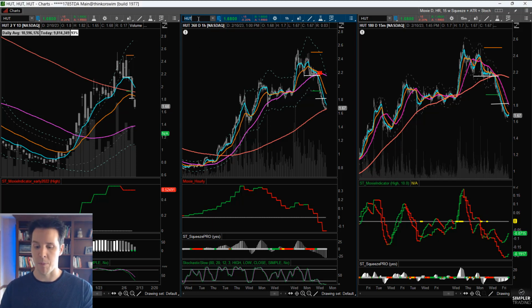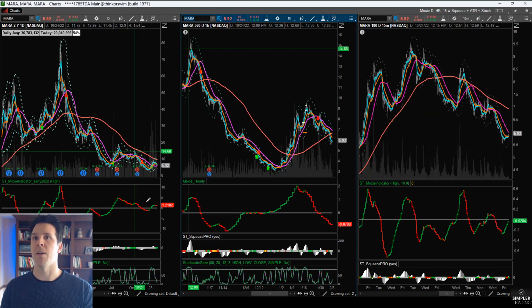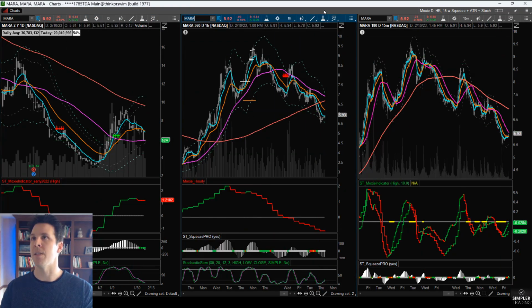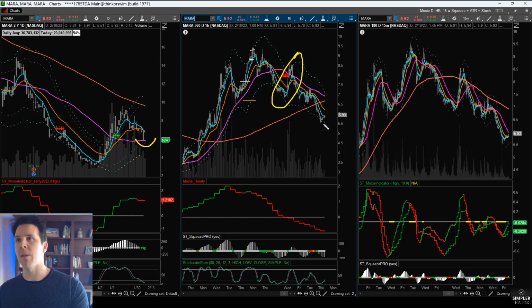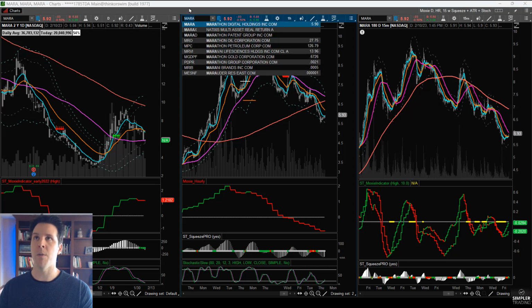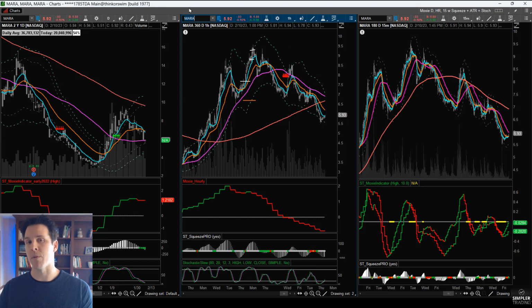If you want an example of what that's going to look like, take a look at Mara. You can see that Mara, same thing, but it's already down to the daily 50, and you can see it did it right there. There was the little bounce before rolling over again. So yeah, keep an eye out there. I do think that there needs to be a little bit more downside, but that doesn't mean there can't be a bounce first. So just be careful about that. We'll see what happens, and we'll go from there, and we'll see you at the next one.